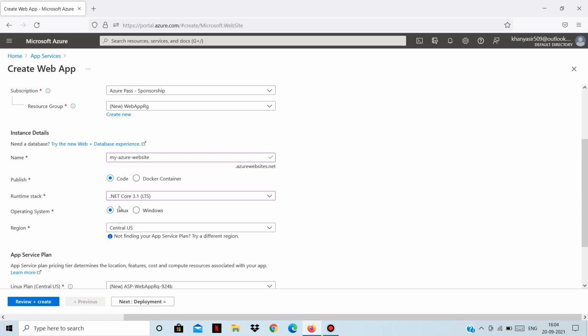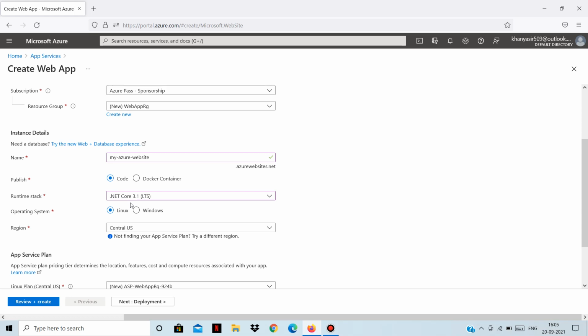But there are some application frameworks which support only one operating system. Let me tell you an example. Suppose you are deploying your application as code, that code will be written in some of the frameworks given here.